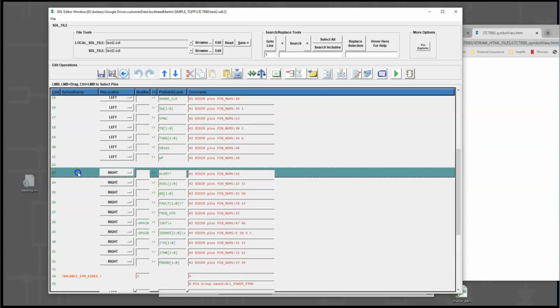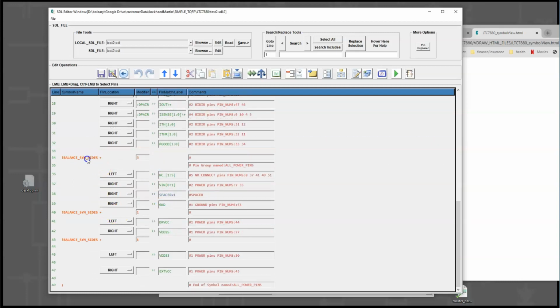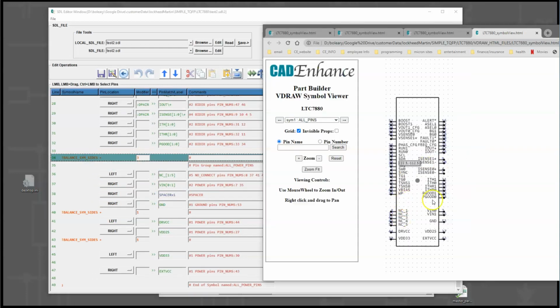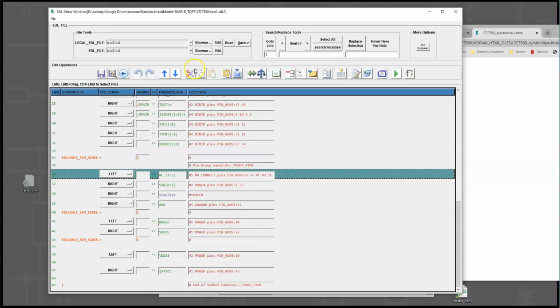Here's the pins that are on the right. This balanced symbol sides puts a new section in the symbol. So we got to P good on the right, 1 to 0. We said balanced symbol sides, so it said, okay, well, let me start a whole new section here, and we'll start with the NC pins. So what if we want the NC pins, what if we want to move those to the bottom where they go? So we can either cut it